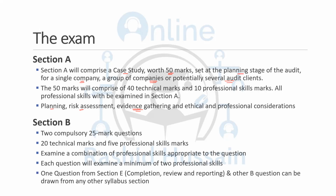Students who have appeared in this exam many times, if you know anyone, you can contact them and take a review, take feedback from them. They will always tell you that they are weak in the standards, that is why they're struggling to pass this exam. So without having the appropriate knowledge of the standards, you will not be able to pass this exam, because